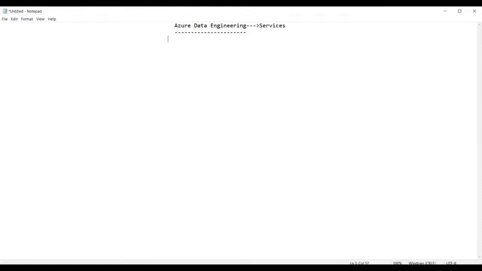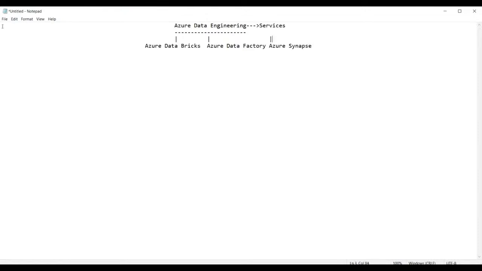Let us see what the first one is. We have the first one here as Azure Databricks. And then we have the next one, Azure Data Factory. Apart from this, we have the next service called Azure Synapse.